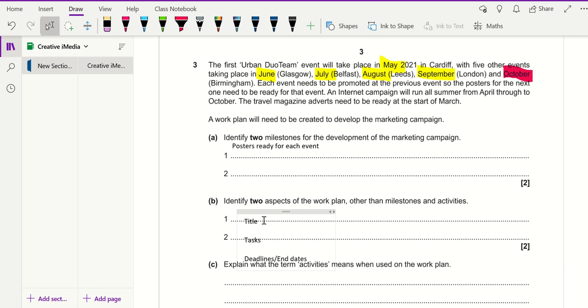You could also say things like the start time, the duration, resources or the equipment needed. You could also say timescales or time, or you could say workflow. The one thing to remember is don't put dates, because that's too vague. So dates will not get you the mark. Also, if you say timeline, that's too vague as well. They don't like that one. So timescales is acceptable, but not timeline. So they're the things to keep in mind.